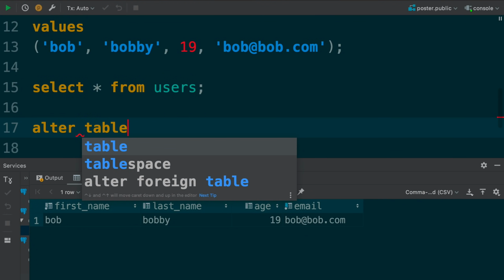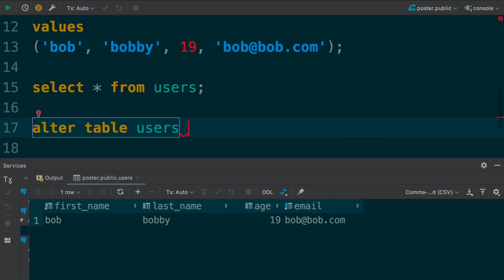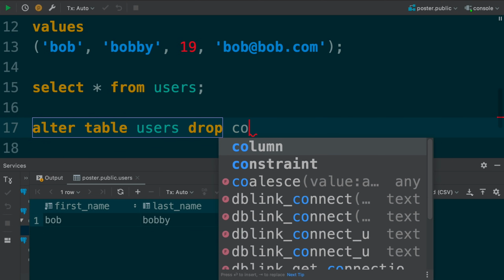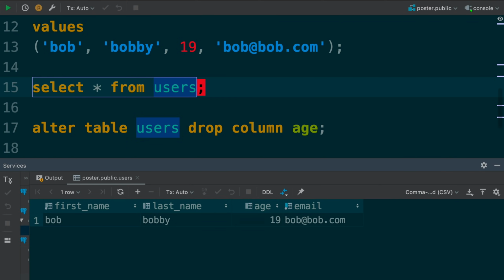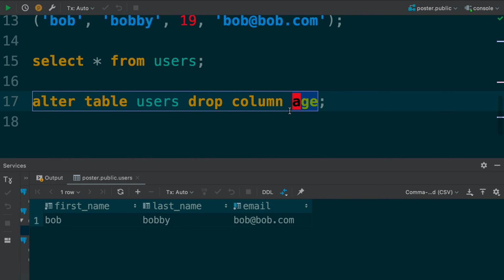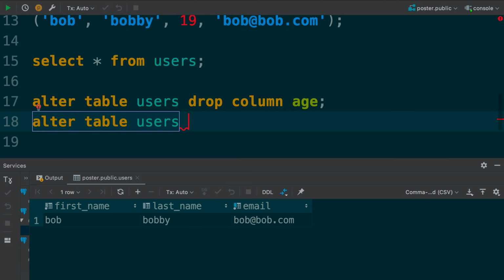So we can say alter table and then the name of our table, so users. And then we can say things like drop column age. What this will do is get rid of the age column. So I can run this command and then I can come up here, run select, and you'll notice age is now gone. If I want to add it back, I can say alter table users and then add